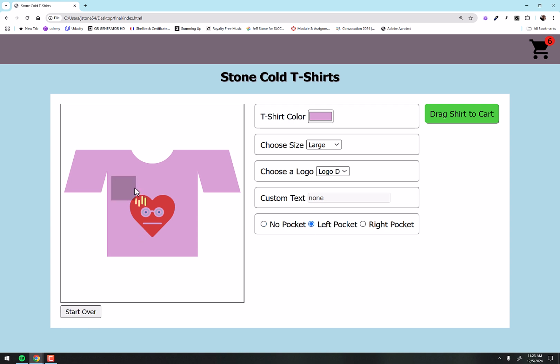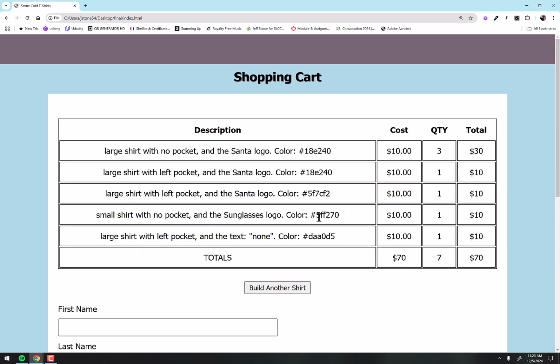And maybe we would see that and think, oh, maybe I don't want a pocket because it's going to be on the design. But this is fine for just our demo purposes. Drag that in there. And there we go. Now I've got 7 shirts. If I click on here, you can see, and this is all spelled out in the instructions, that I have a table that describes everything.